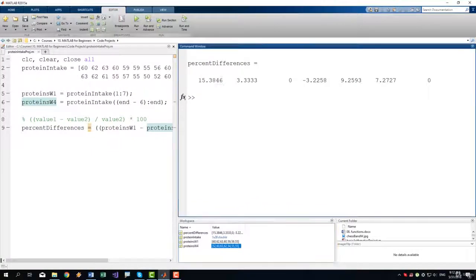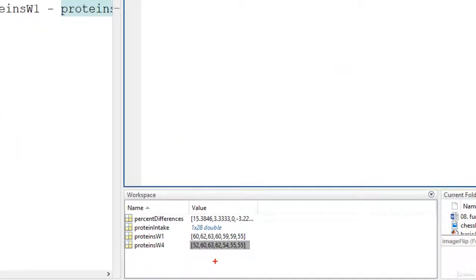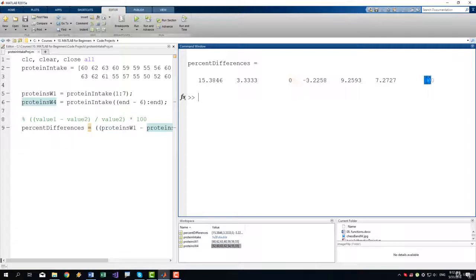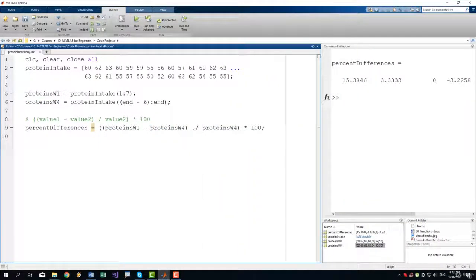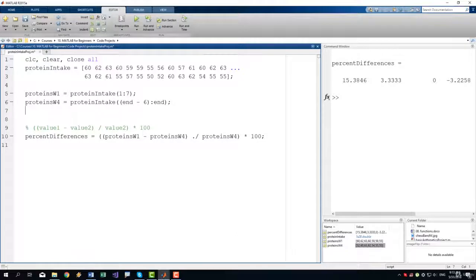On the 3rd day, we have the exact same protein intake. As you can see, we have 63 and 63. So the same is true for the last days. So we have another 0 here. So it's working. Now let's extract the other 2 weeks, and instead of comparing the first and the last week,